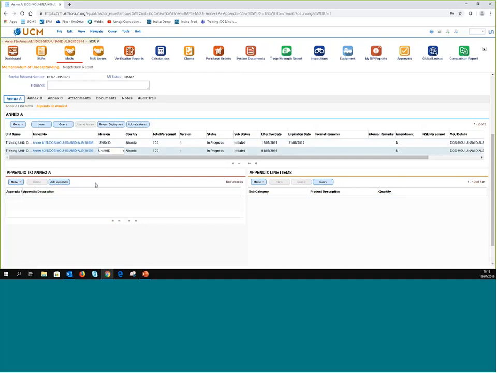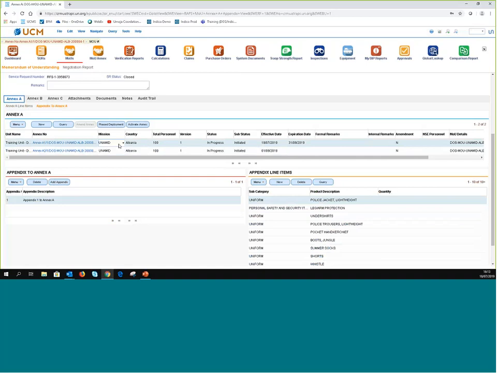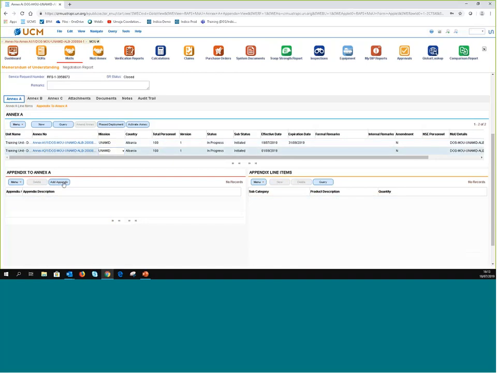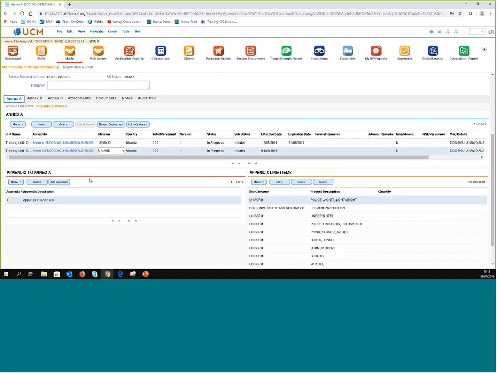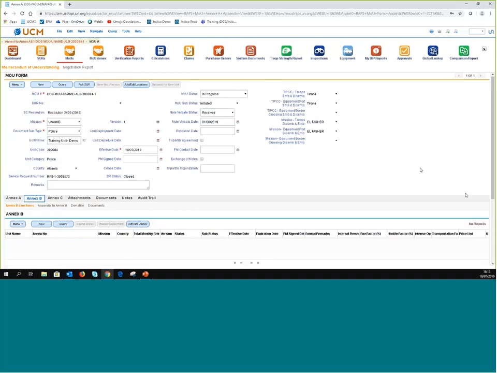You see that I've created an appendix for the first phase, but I also need to do that for my second phase. Okay, and then you need to enter the quantity needed per item, etc. Okay. So this is for Annex A and its appendix. This is quite similar to what we have seen yesterday. And once you have done this,